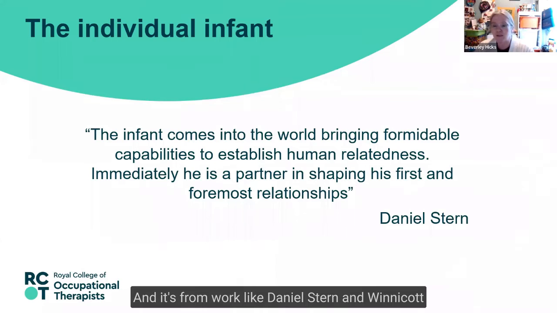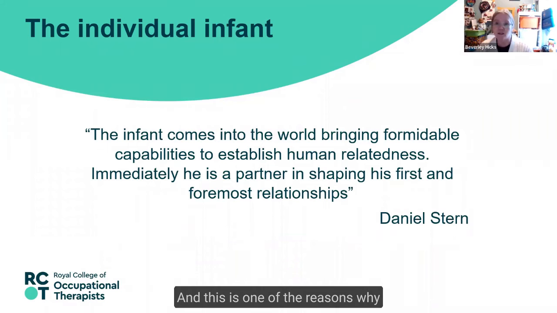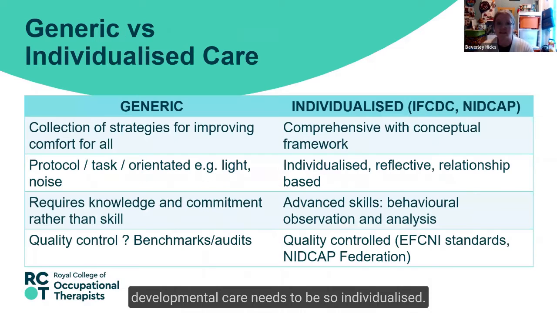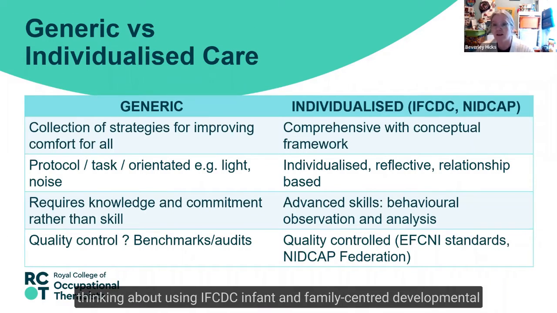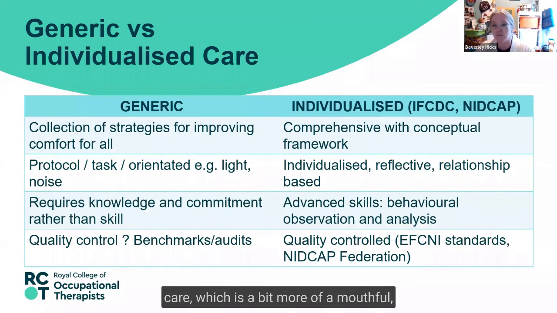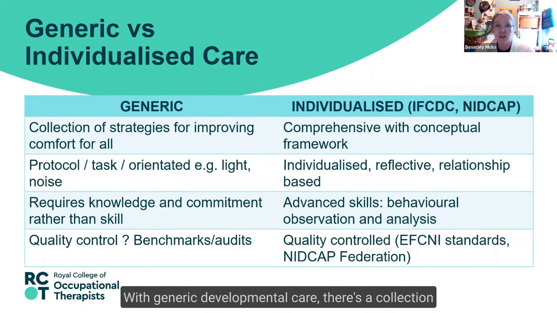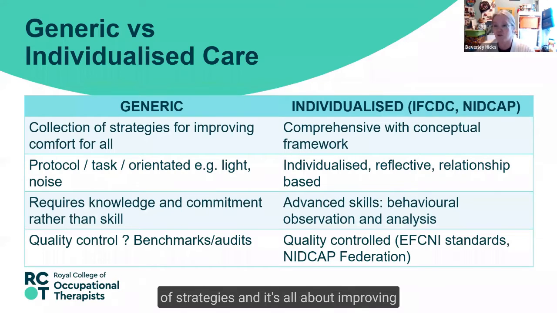And it's from work like Daniel Stern, Winnicott and Brazelton that we've really found out about the unique capabilities of the individual infant. And this is one of the reasons why developmental care needs to be so individualized. However, I'm going to suggest that developmental care is a much more generic program, and we should be thinking about using IFCDC, Infant and Family-Centered Developmental Care, which is a bit more of a mouthful, but it is thinking about individualized care. With generic developmental care, there's a collection of strategies, and it's all about improving comfort for all,